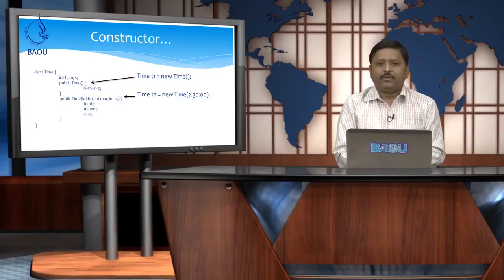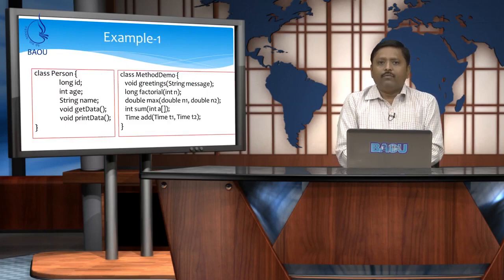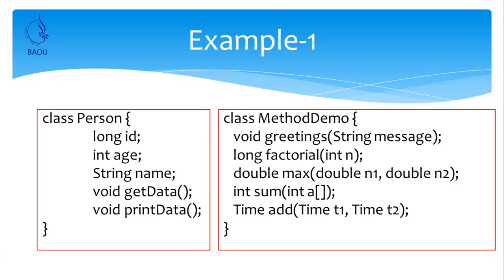We will use this constructor in writing a program, but it is very important because you can initialize data of the object at the time of creation itself, and you need not explicitly call this constructor; it is automatically called whenever you create an instance of the class or object. We take one example. Here we define a class which is the same as earlier, but here we add 2 things. One is a method which represents void getData.